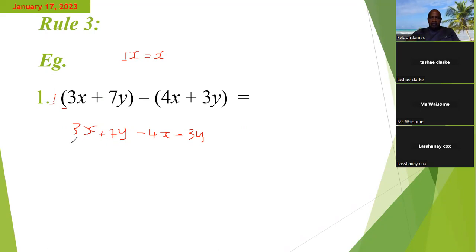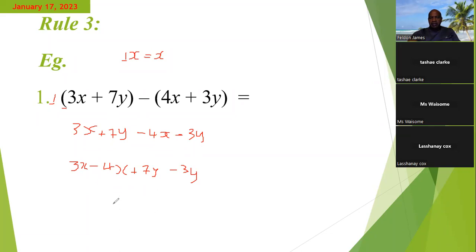So here now, the like terms will be 3x and 4x, because those have the same unknowns. So we group them together, 3x minus 4x and then now we group 7y. So we put a plus sign for the 7y. So plus 7y minus 3y. So we group them for